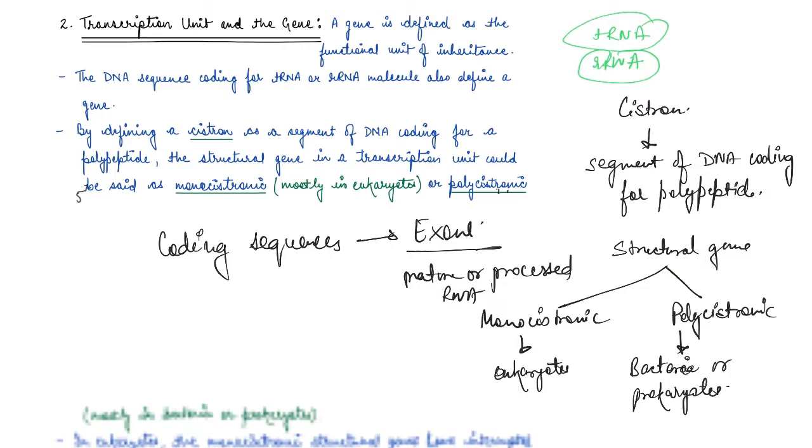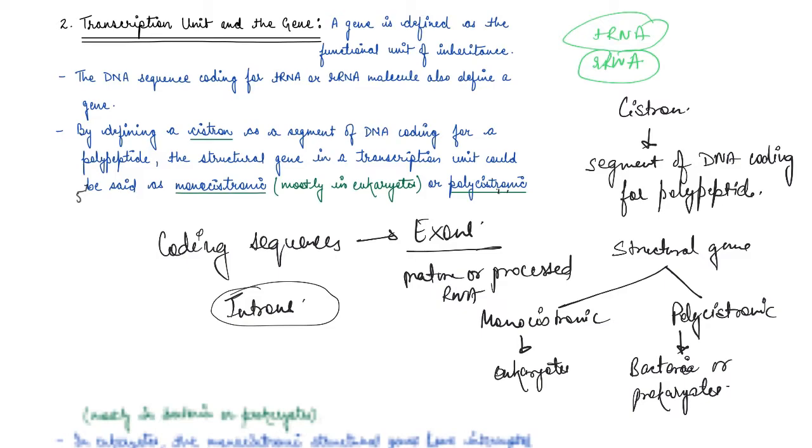Now, these exons are interrupted by introns. So you have introns in between. Introns are interfering sequences which do not appear in mature or processed RNA. Right? So the split gene arrangement basically complicates the definition of a gene in terms of a DNA segment. Now, the inheritance of a character gets affected by the promoter and regulatory sequence of a gene.